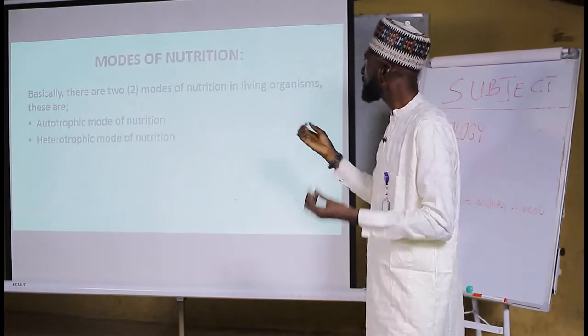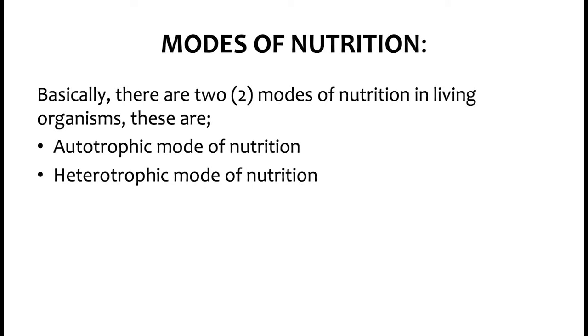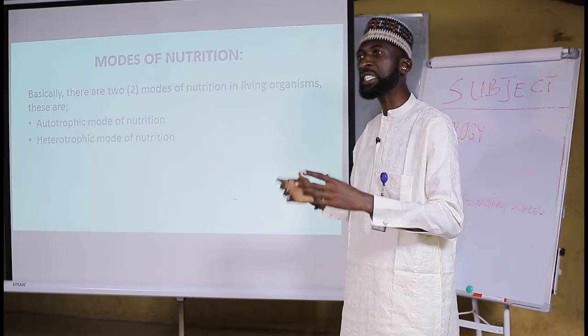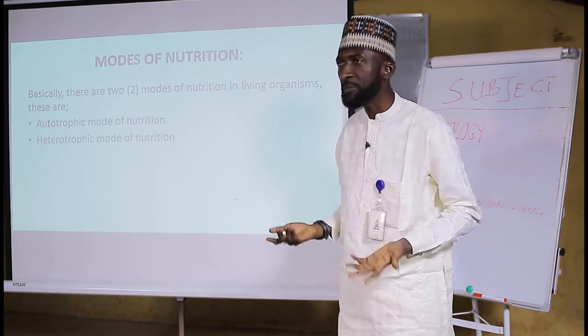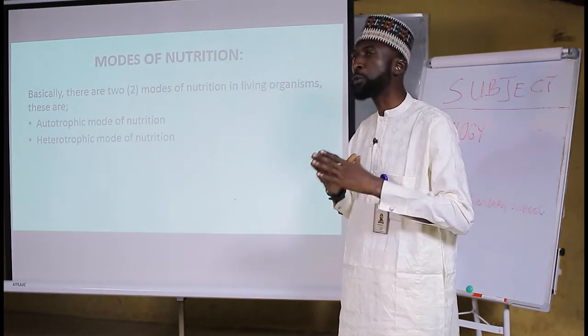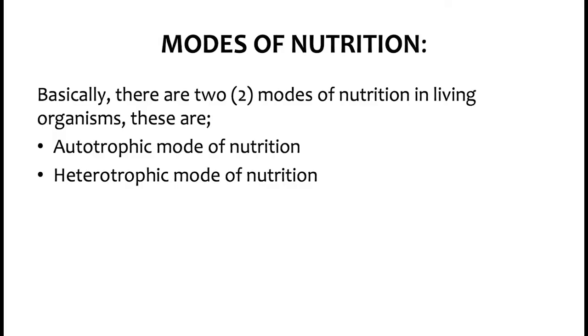Now, this nutrition we are talking about, it has two types, or we can call it two modes of nutrition. Basically, we have two modes of this nutrition. When we say mode, it means ways by which living organisms could feed. And generally, we have two major modes of nutrition. The first one we said is called autotrophic mode of nutrition, and the second one we said is called heterotrophic